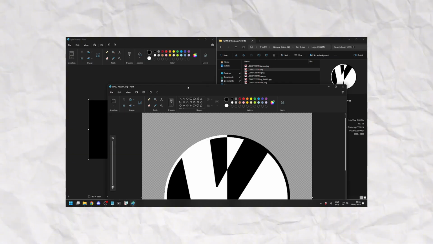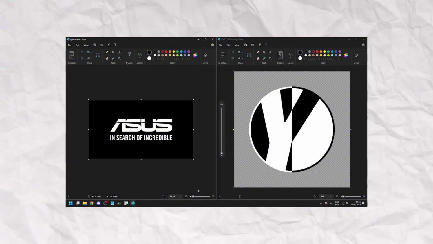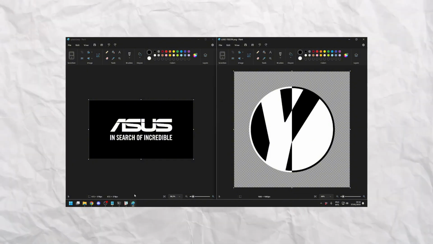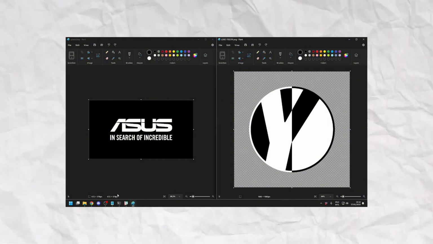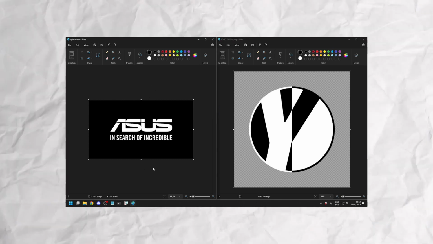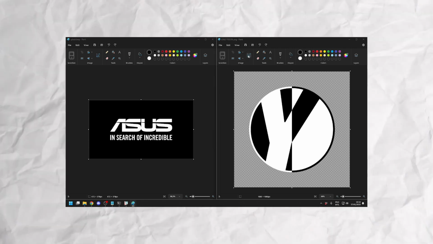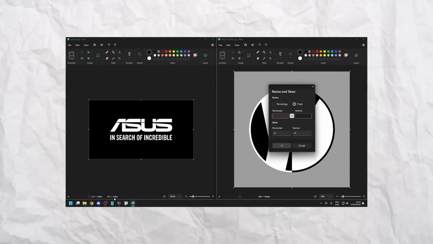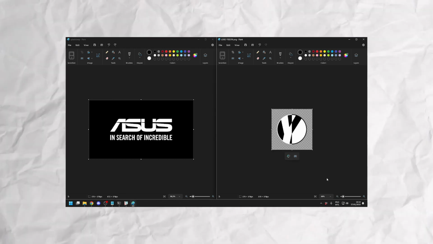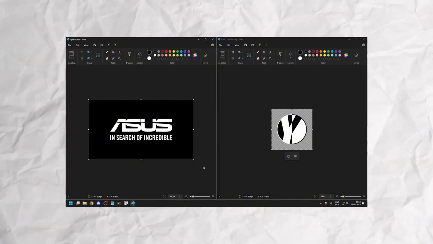Next to that you need to open another Paint window with the custom logo you want to add in. If it's way bigger than the resolution that it needs to be, take note of the resolution of the original splash file. The second number after the X, which is the height, you need to apply here. So for your custom logo, click this icon, select pixels, and make sure it matches the vertical size. Hit Ctrl A, Ctrl C to copy, go to the original splash window, Ctrl V to paste, and make sure